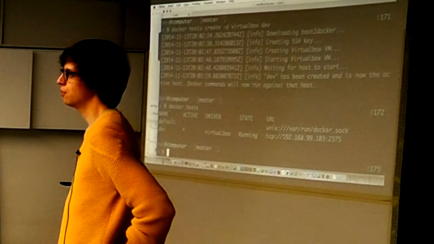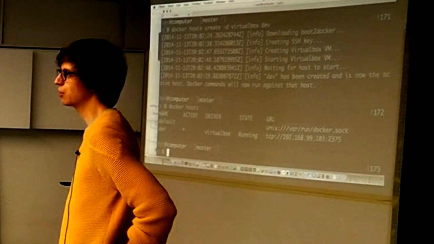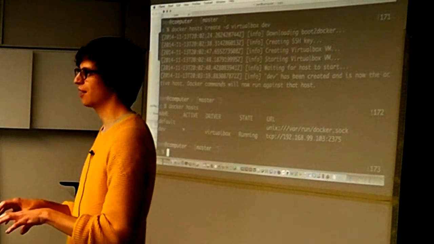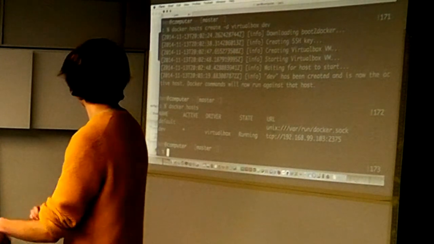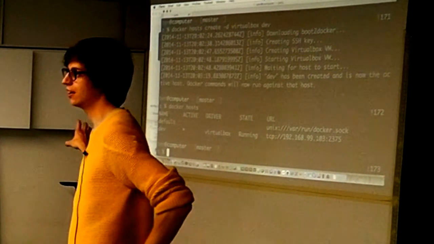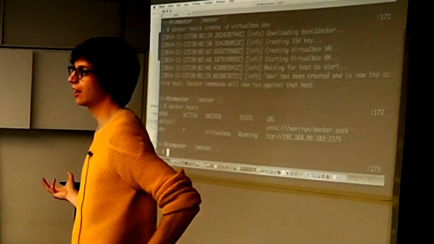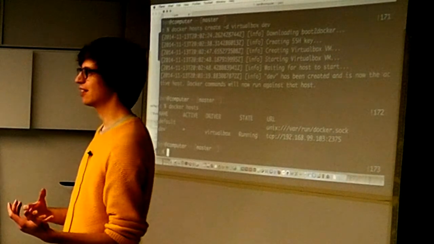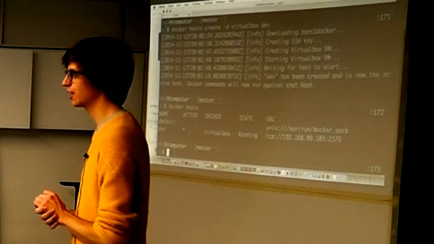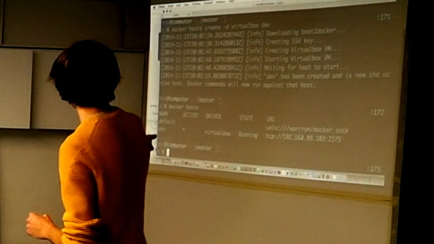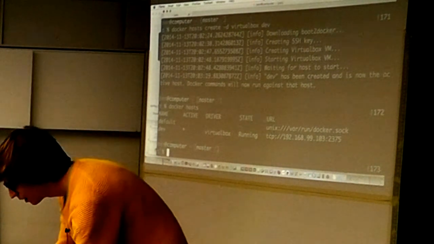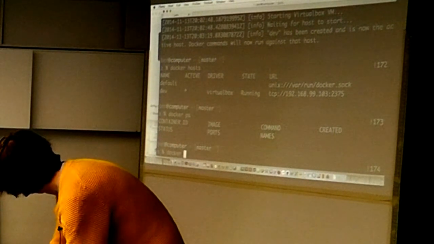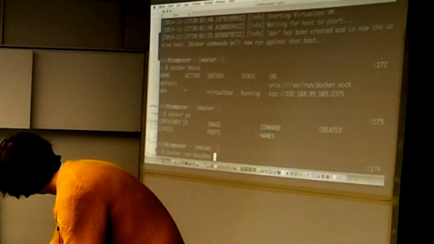Before, if you set up a Docker daemon inside Boot2Docker, you would have to set a bunch of environment variables so the client knew where the Docker daemon was. But now the Docker client is aware of what hosts are running and knows which one you want to talk to. So this is a bit like switching branches in Git. You can switch to different Docker daemons that are running. So we've now selected dev, which is running, and we can do Docker things on it. We can see that nothing's running on it, and we can run things on it.